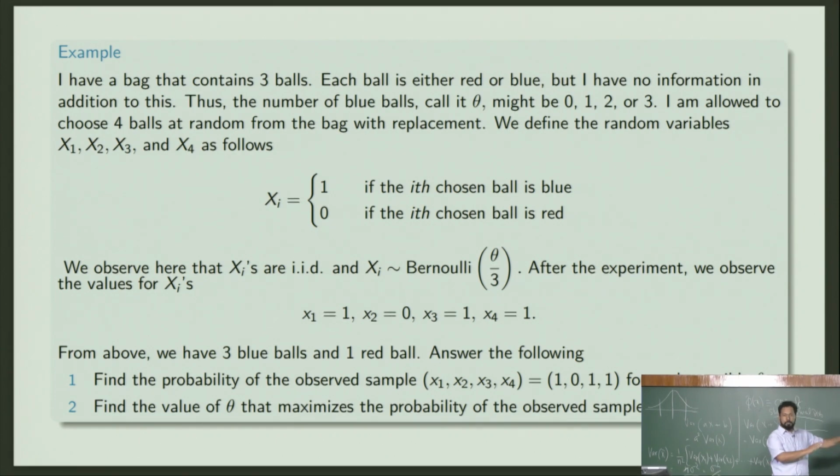The bag has a certain mystery, but when I look at the bag and pull something from it, it's behaving a certain way, and there is a behavior. What is the behavior? The behavior is that it's giving you more of the blue balls than the red balls. That's how it's distributed. That's what distribution means, right? How things are distributed. So the distribution has more of the blue balls.